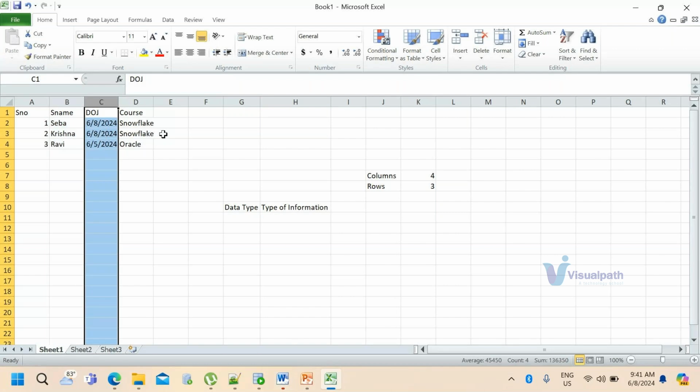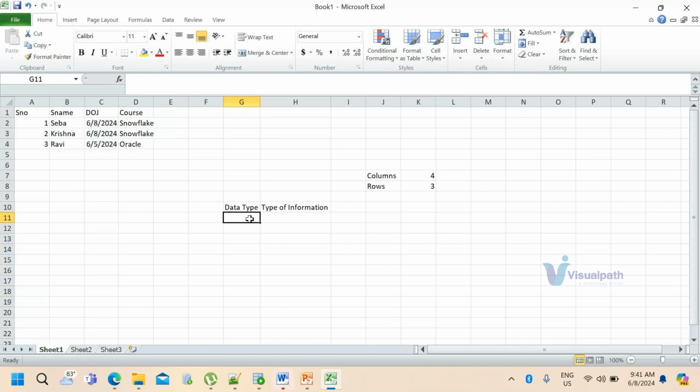So we have different data types. We have number, which will be used to store numeric information. See, these are all basics to start Snowflake. Just bear with me. If you already know, that's fine. Just try to follow another 5 to 6 minutes. I'll cover the basics. So this is numeric information.